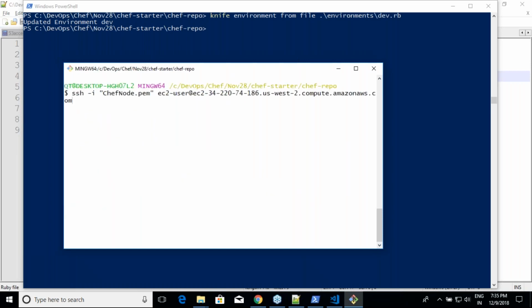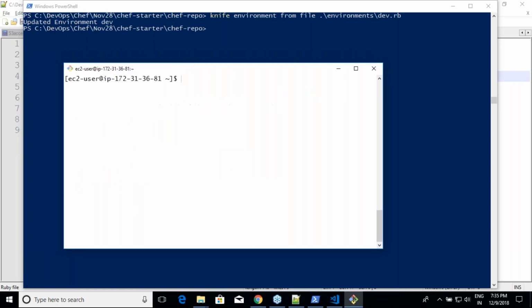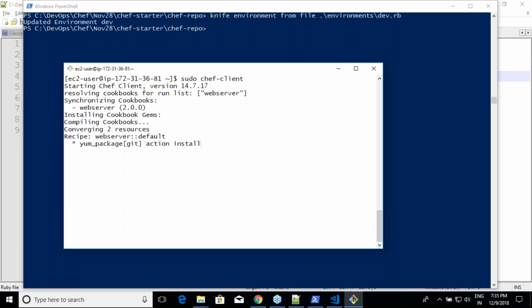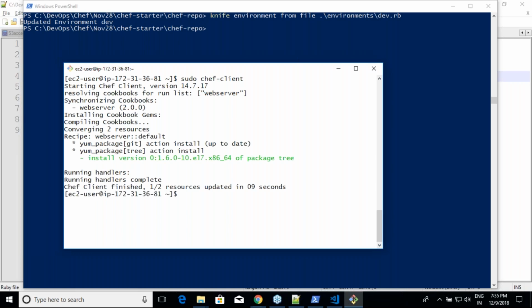Let me get into the other machine and execute sudo chef-client. Did you get 2.0.0 here? Yeah. Our change which you have done is impacting only the dev environments.